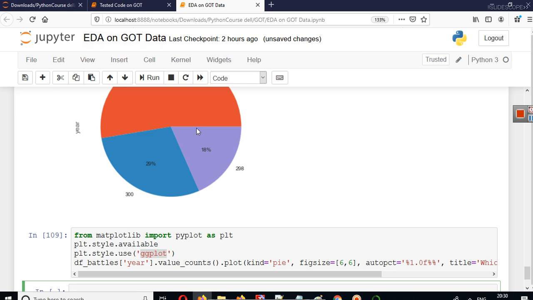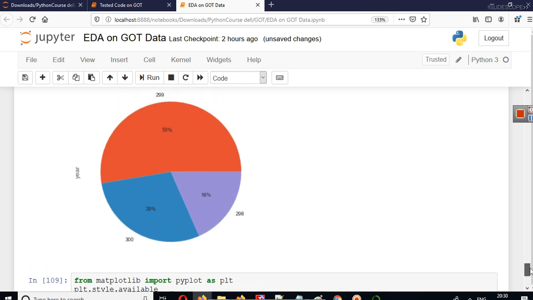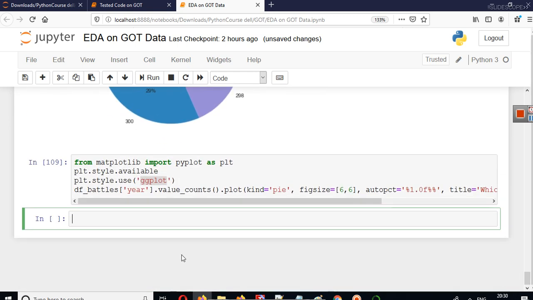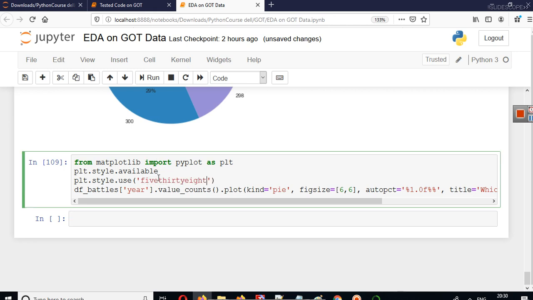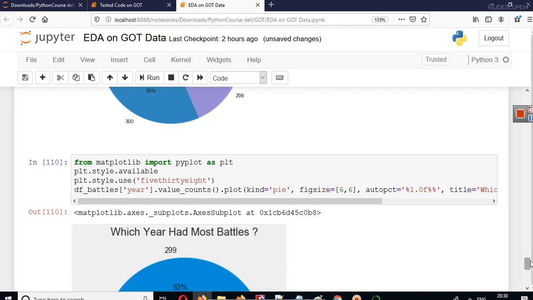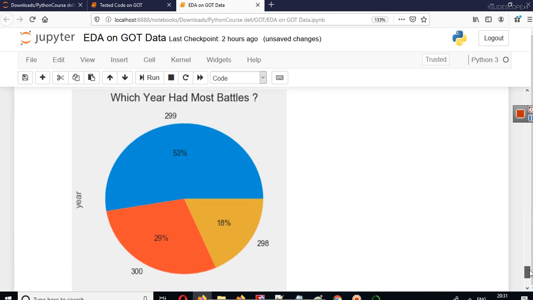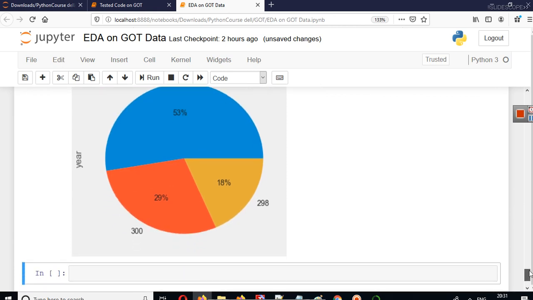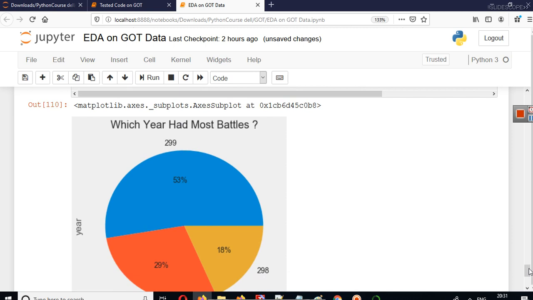This is looking plain right now, so how about we change the style? We will use 538 here, and you will see that the style is changed. It looks different, and I think better. The color scheme is different, the background is different, and things like that.